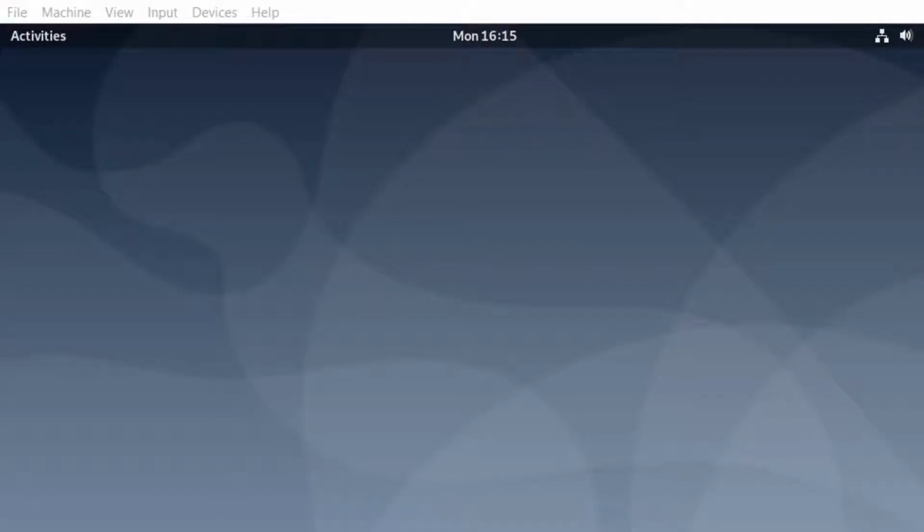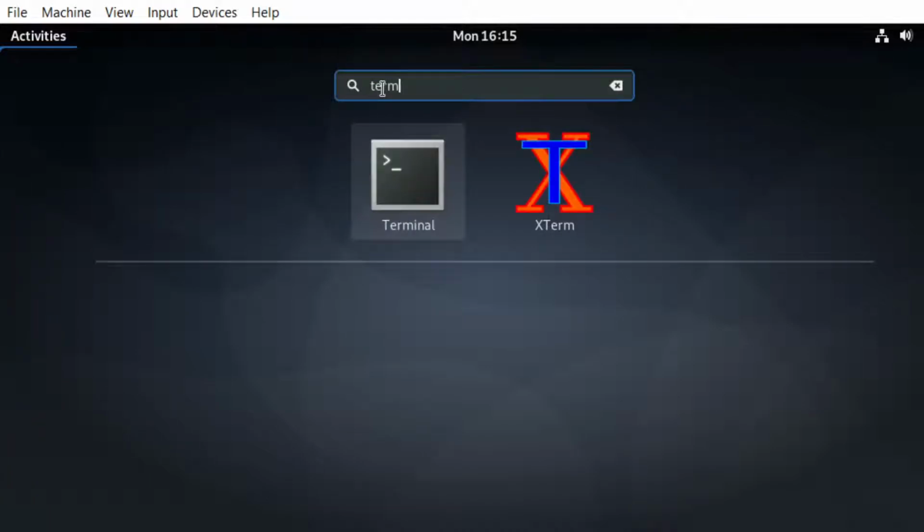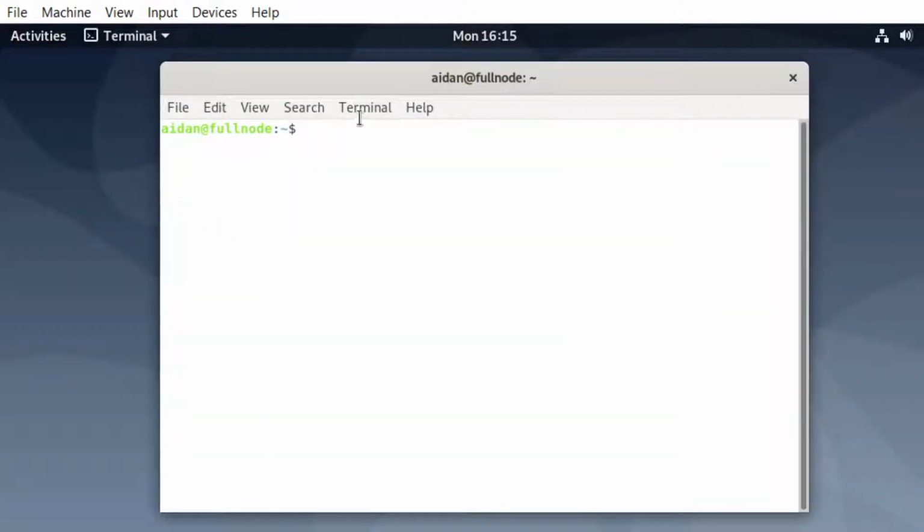Hi Celo. In this tutorial we're going to learn how to create your own celo full node inside a virtual machine. So if you didn't watch the last video, this is a Debian 10 Linux virtual machine, and we're going to be using the terminal in this one to do most of the commands and to create the full node. So open up the terminal,